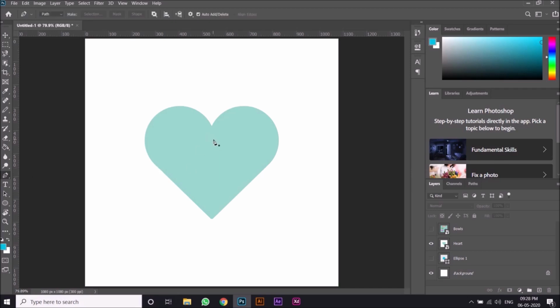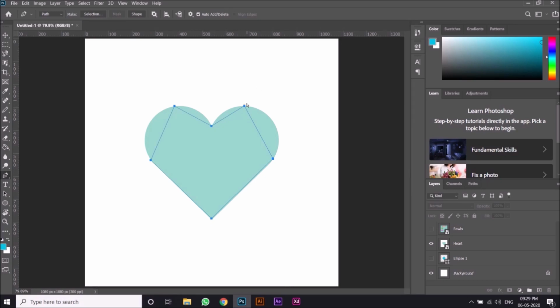I'll click P. Before we trace this heart, let me tell you a tip or a suggestion which can be used while making paths using the pen tool. All you have to do is, wherever you think there might be a point, just click on those points. Like here, I made an anchor point right here. Another one, I guess there might be here, and then I guess here, and of course here, then I guess here, another one right here, and then I'll complete it. Now you can see it's not completely in the shape of a heart.